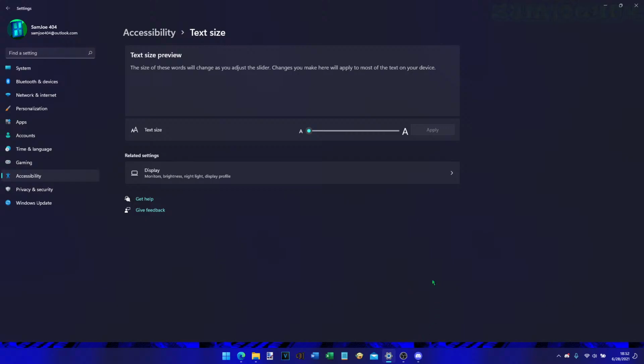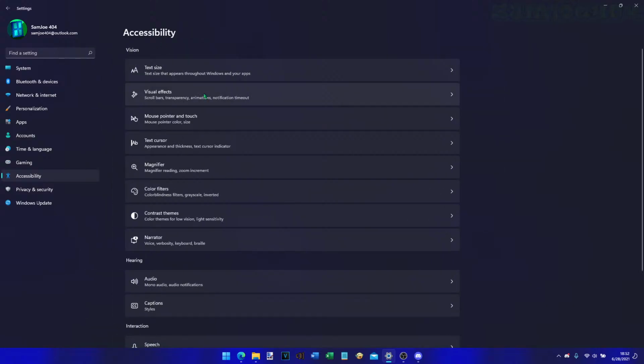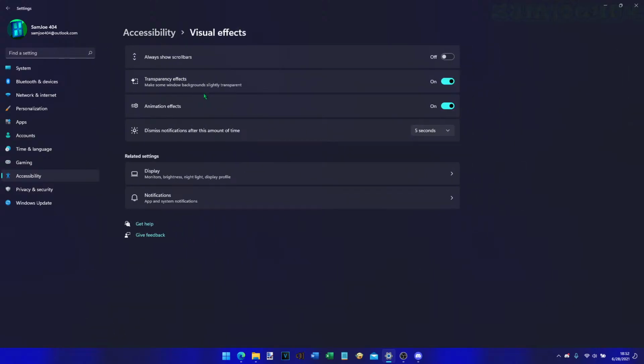There's a gap there. Let's see, go back. To fill in the screen. We got display, a link to display settings. That's text size. We got visual effects. Always show scroll bars. So that might be useful for later. Transparency effects. Animation effects, so we can,